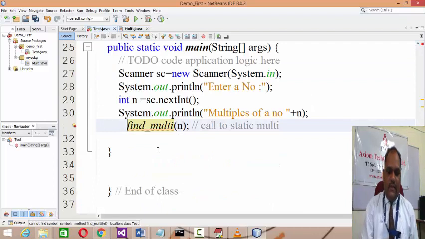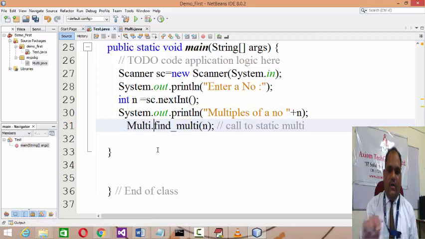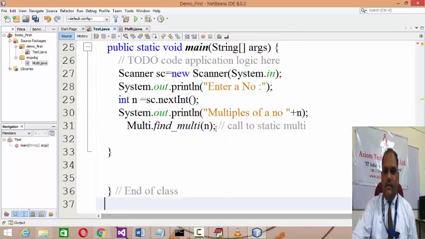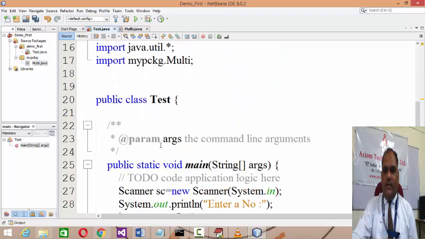You have to give a call like this, multi dot find multi and then n, because in this case the class reference is compulsory, since this method find multi does not belong to this present class.